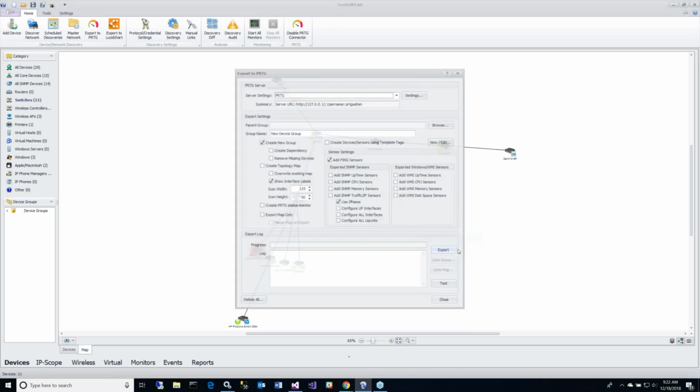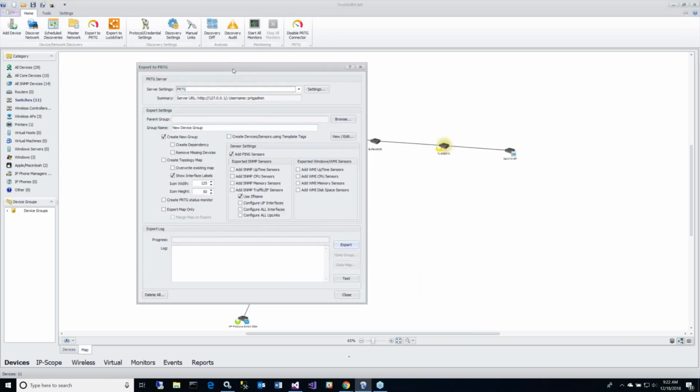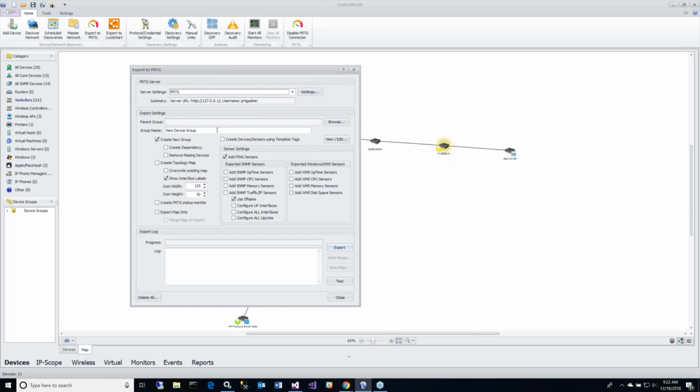The key here is how do we push this information automatically to a monitoring type of environment. So I'm going to go ahead and take this map, and I'm going to set it up so I can create a new group inside of PRTG, and I'm going to add some ping sensors, and I'm also going to do some traffic sensors on these devices. And by doing that, I'm going to just hit